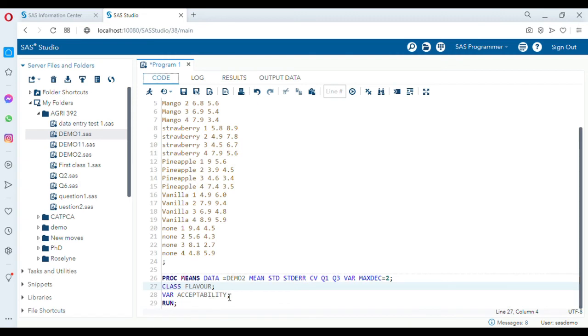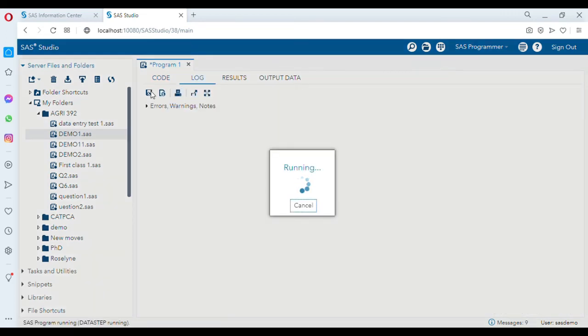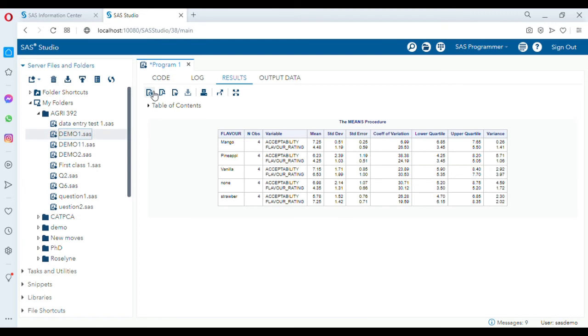If I wanted means for flavor, then I'll have to also declare flavor under the var statement, and when I run this, I will have means for acceptability and this time around flavor rating rather. So you have acceptability and flavor rating for mango, acceptability and flavor rating for pineapple, and so forth. Now if you want them in a separate